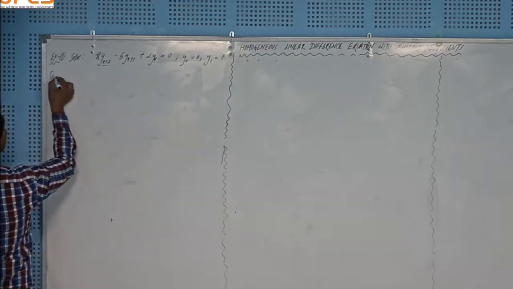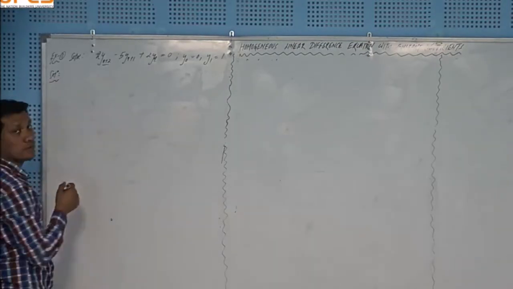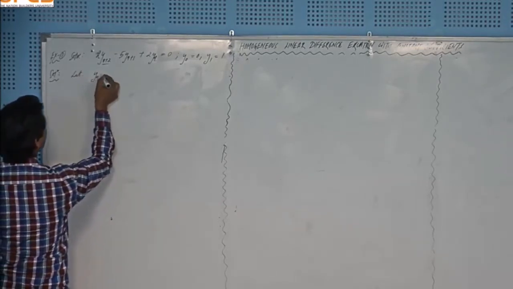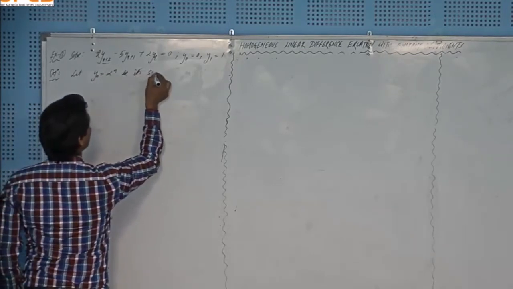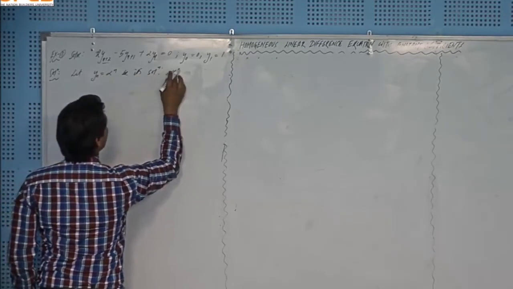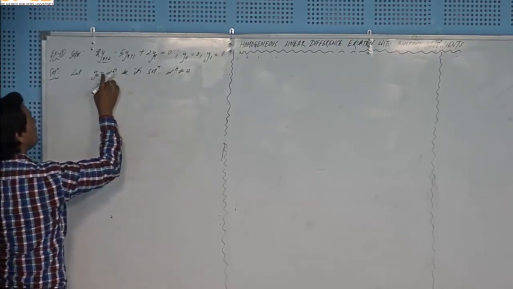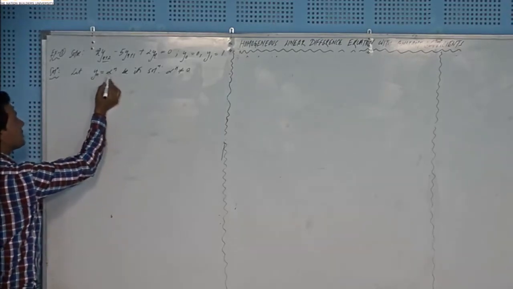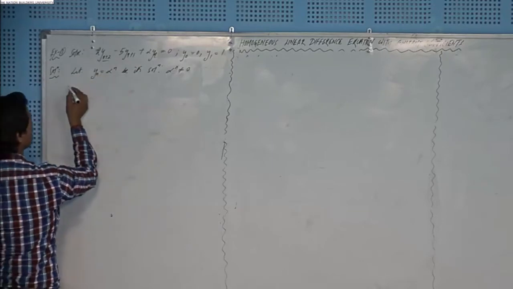So the solution will be given by, let me start with alpha to the power n. Let yn equal to alpha to the power n be its solution, and you know that alpha to the power n is not equal to 0. So if you plug these values, yn equal to this much, y(n+1) will be equal to alpha to the power n plus 1, y(n+2) will be equal to alpha to the power n plus 2, and plugging here,